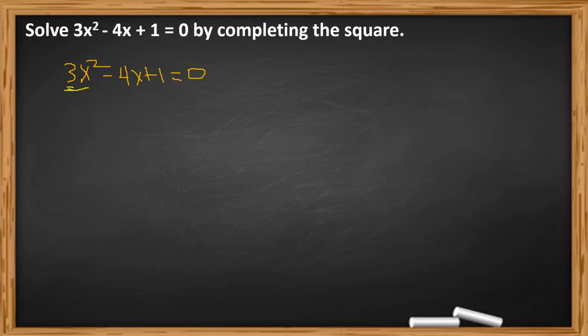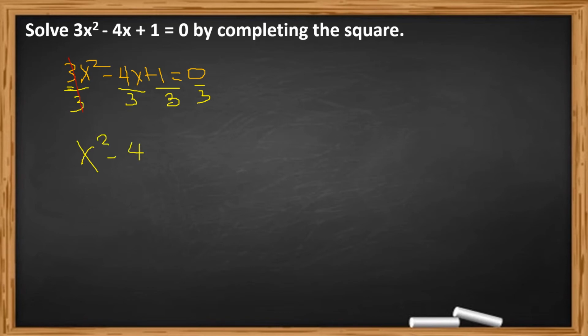I-divide natin lahat sa kung ano man yung numerical coefficient na yan. In this case, 3. So, i-divide natin yung buong equation sa 3. Yan. 3. So, i-divide din natin ito sa 3. So, magiging 3 times 3 is 1 na siya. So, it becomes x squared